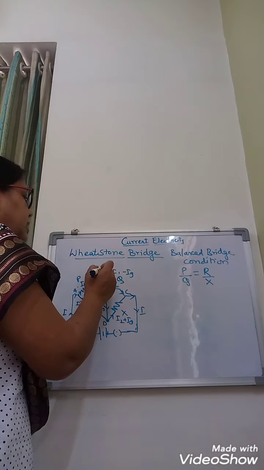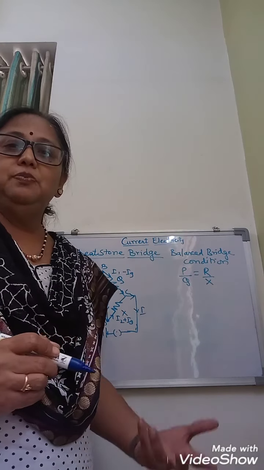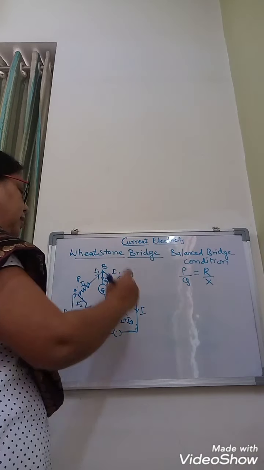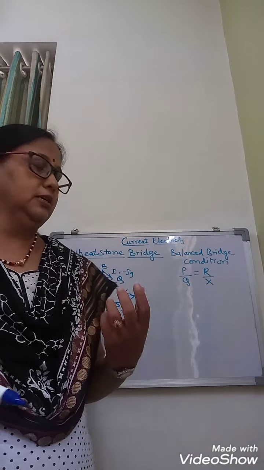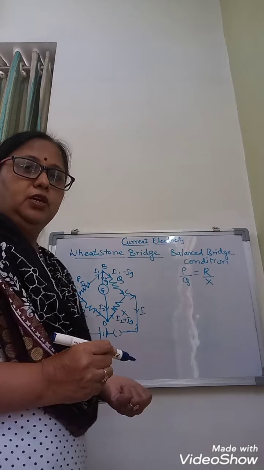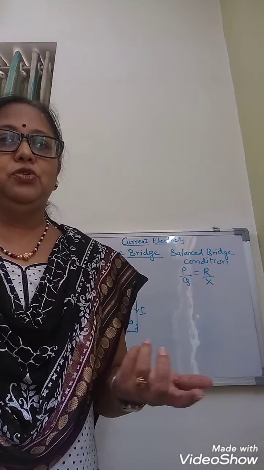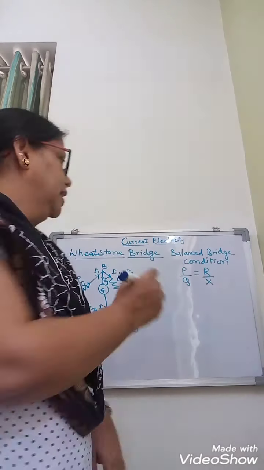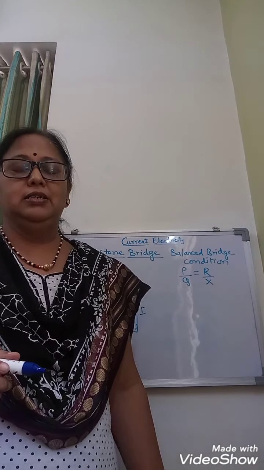So when the bridge is balanced, the potential at points B and D becomes equal. It is a special condition which is decided by the combination of values of resistance in the circuit. Now let us see applying Kirchhoff's law. Kirchhoff's first law, what was it? You already know that. That is the junction rule that we have applied, and we have written all the currents.